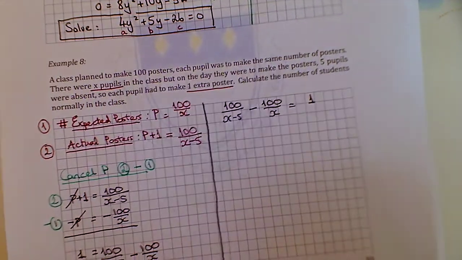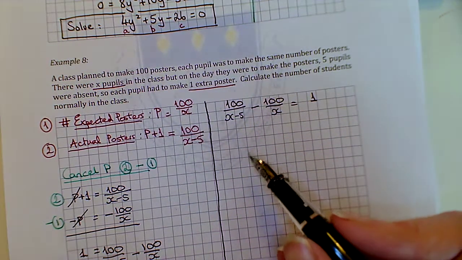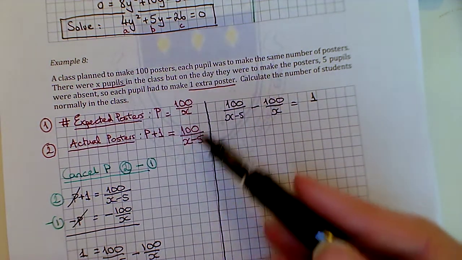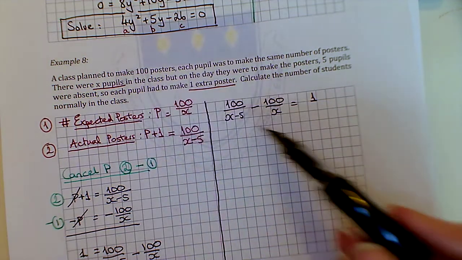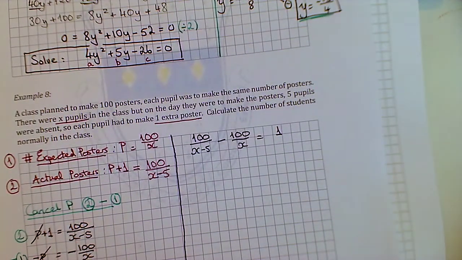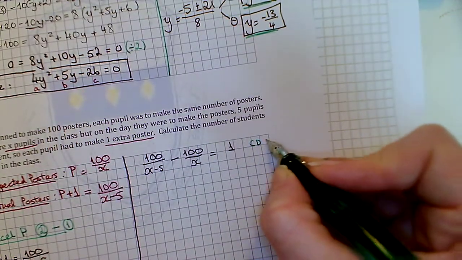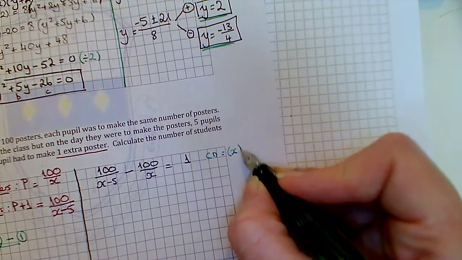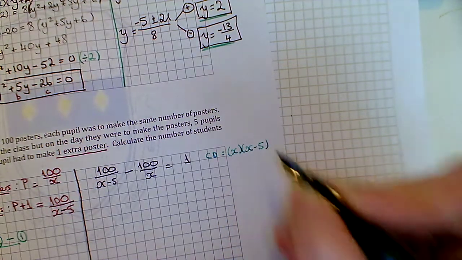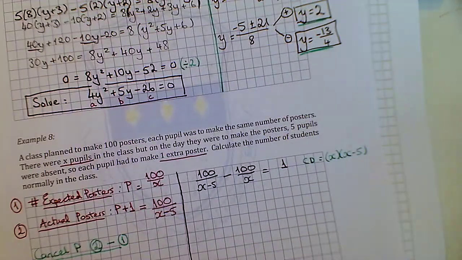Okay, so we used the information, we wrote down what they told us here, we're writing it in mathematical terms, and then we've got 2 equations, 2 unknowns, cancel one of them to get a single equation in one unknown. Now, this is just like this one up here. So what's my common denominator? What am I going to multiply everything by? My common denominator is going to be x by x minus 5. There's no denominator here, so I have